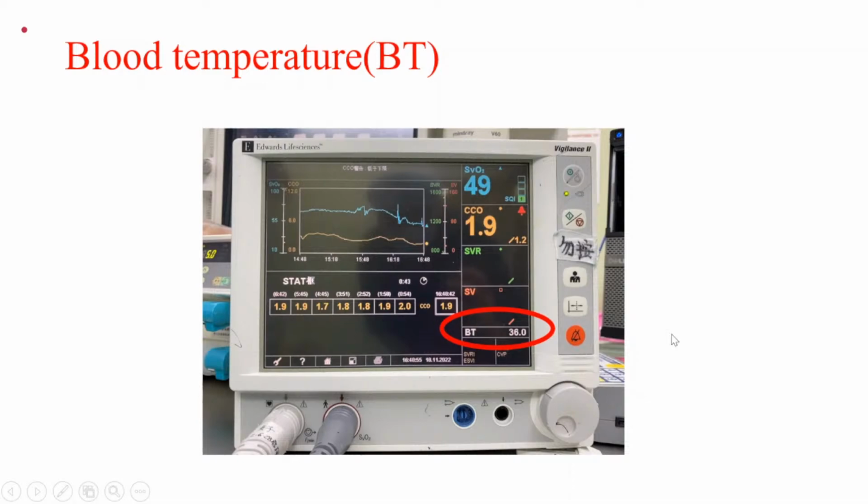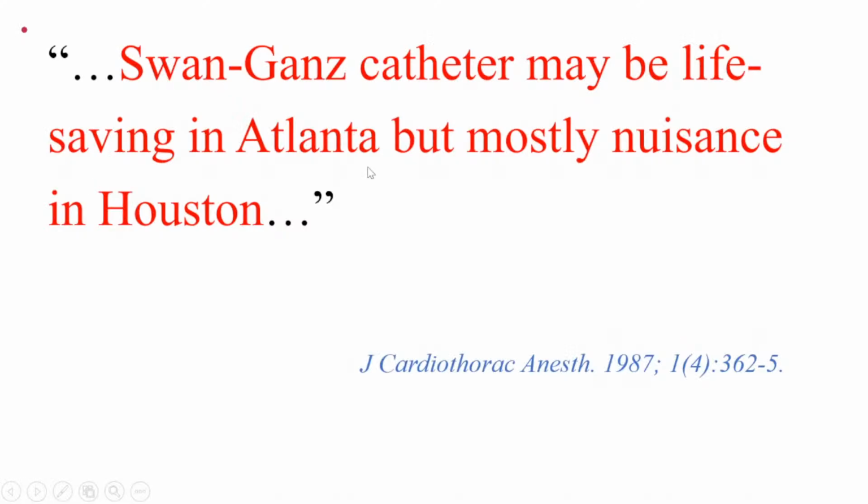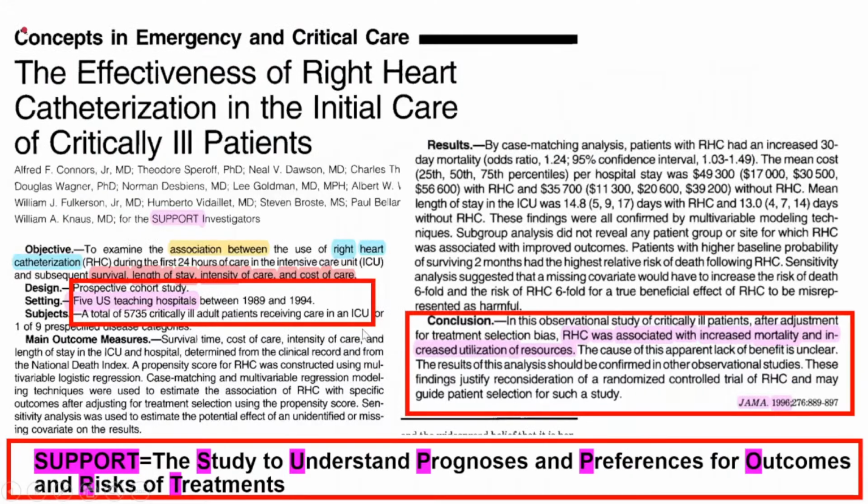PAC and patient outcomes. The Swan-Ganz catheter may be life-saving in Atlanta, but mostly a nuisance in Houston. In 1996, Dr. Connors and his colleagues reported in the SUPPORT trial that use of PAC in nearly 6,000 critically ill adult patients was associated with no benefit, but led to increased mortality and resource utilization. After that,